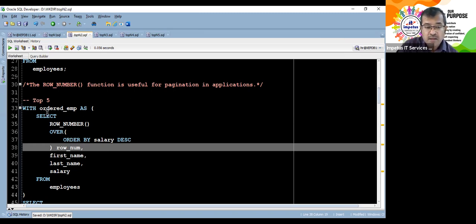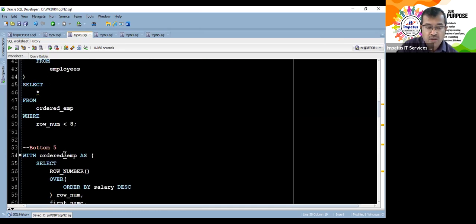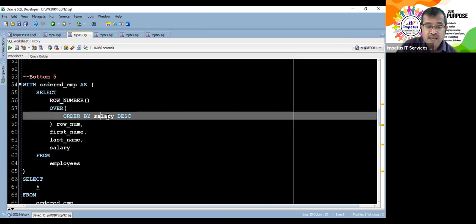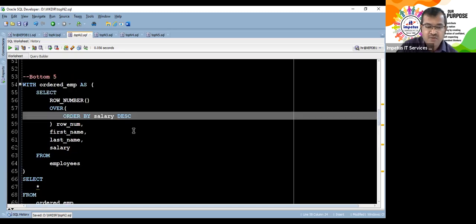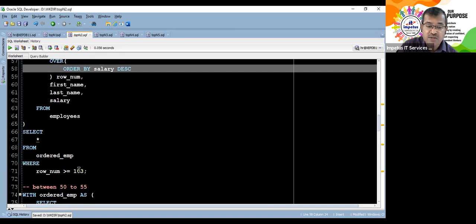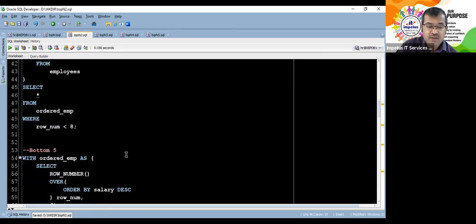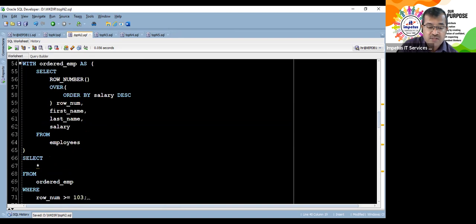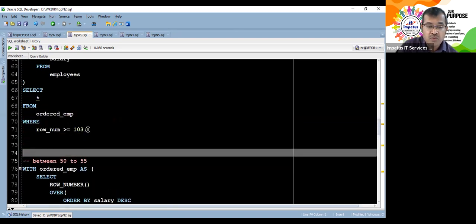Now, here I got the top 5 earners. Suppose I wanted the bottom 5 earners. In that case, I could have said order by salary ascending instead of descending and then less than or equal to 5, or descending and greater than or equal to 103. Your choice. If I keep this table as it is, I know there are 107 employees, so I say give me those whose row number is greater than or equal to 103.